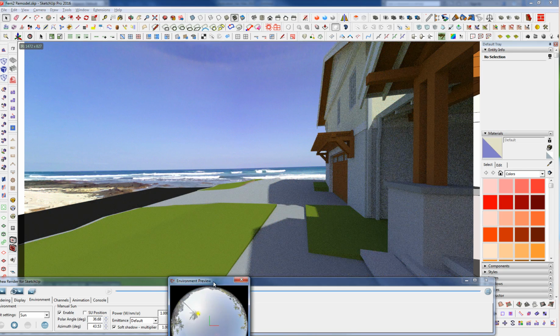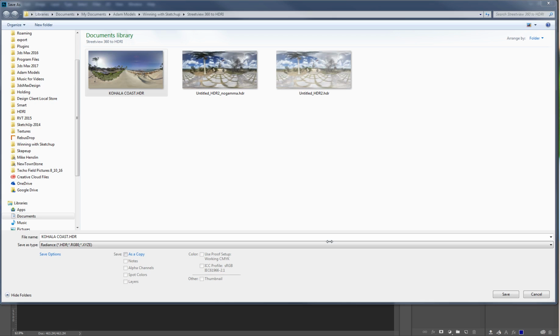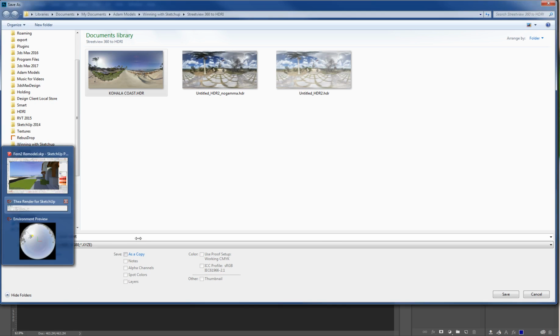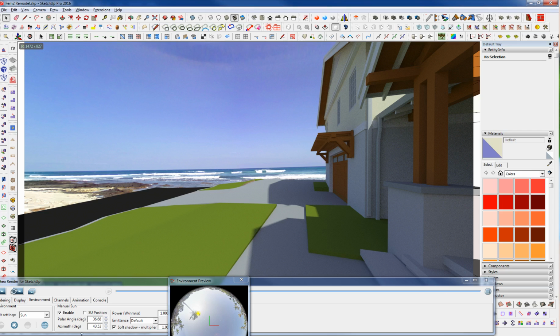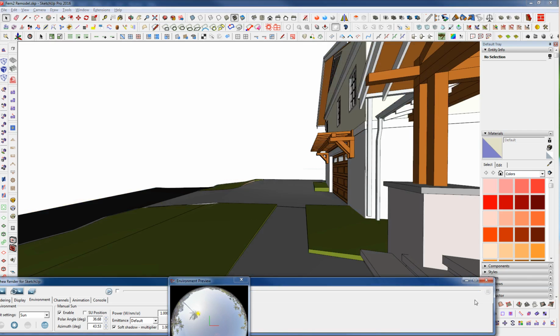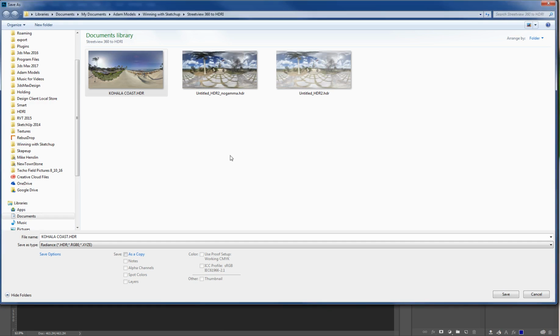It looks convincing. There are some issues in the HDR itself. There are a little artifacts, I guess, from just Google Street View and doing what it's doing. It's not a perfect image, but you also can go in and tweak your image as well. So we could go back to Photoshop here, and let me just stop this render here. I'm on my laptop and don't have unlimited power, but